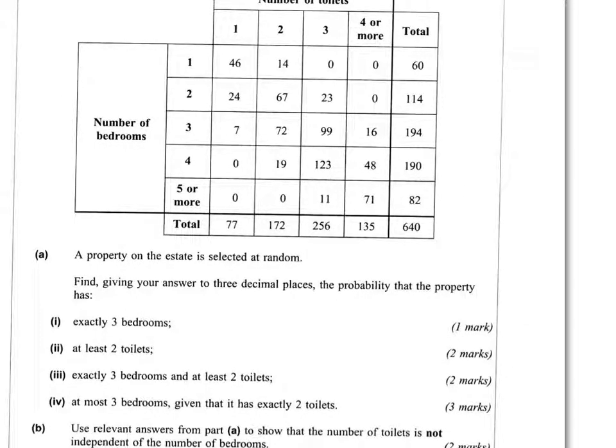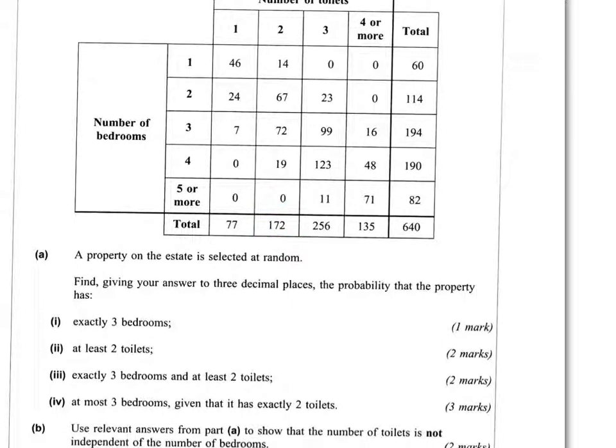This conditional probability at the end, the probability of at most 3 bedrooms, given that it has exactly 2 toilets, you can do using the conditional probability formula or by making use of the table. If you're going to make use of the table, then you first need to identify only the properties that have exactly 2 toilets. So in other words, the probability is going to be out of